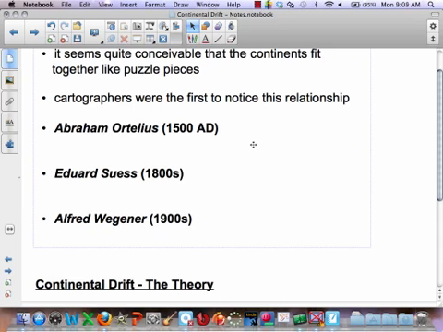Now, hold on. I want to put this all together. You guys actually just came up with the exact thing that Alfred Wegener set out to find: fossil records, rock records, looking at the features on both continents. What about the oceans? You've got to remember that really all the oceans are is just the filler. It fills the open spaces.